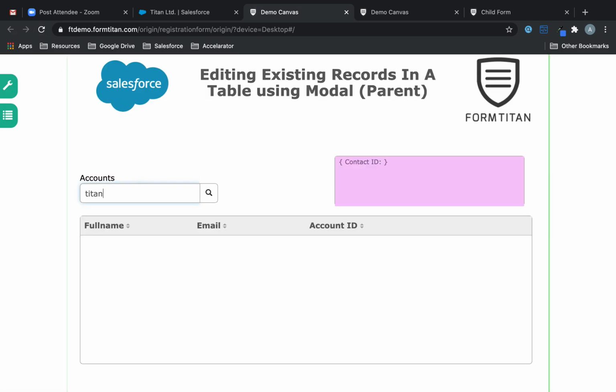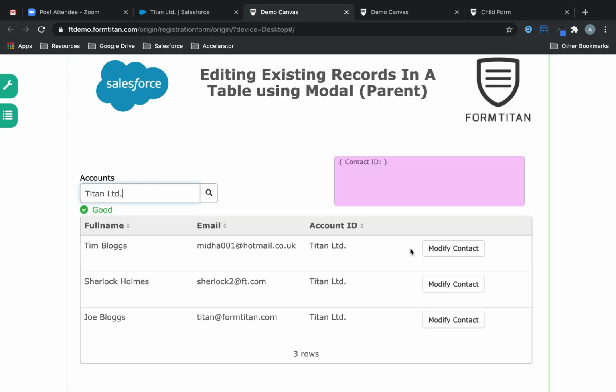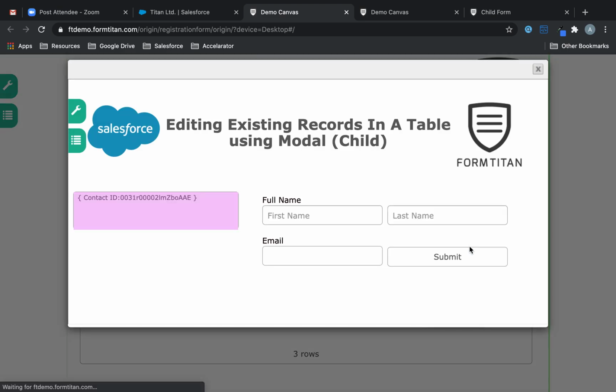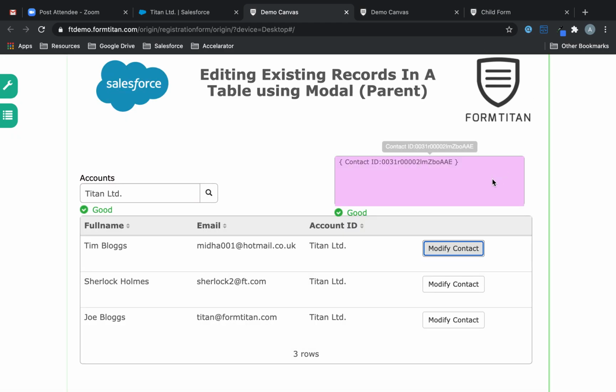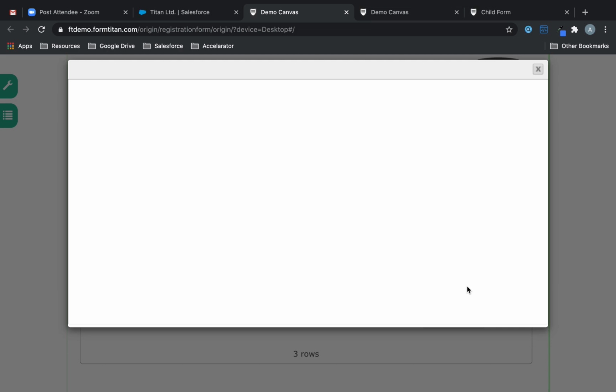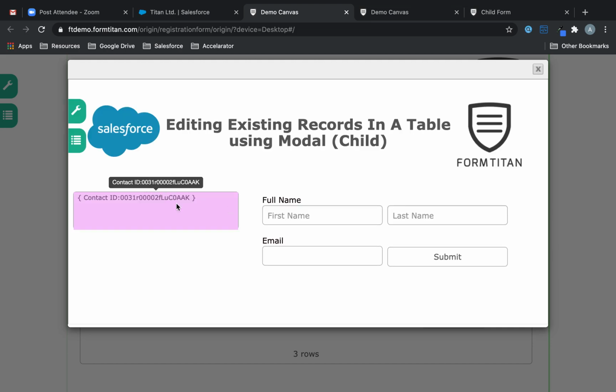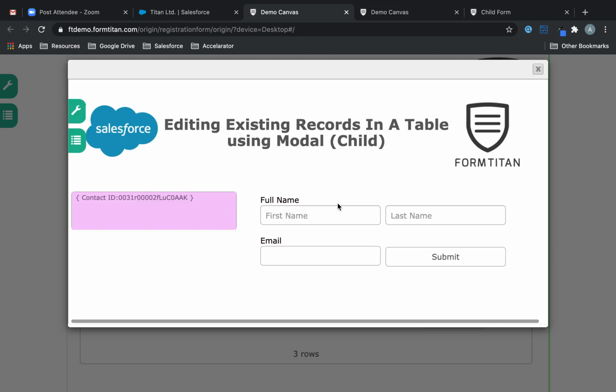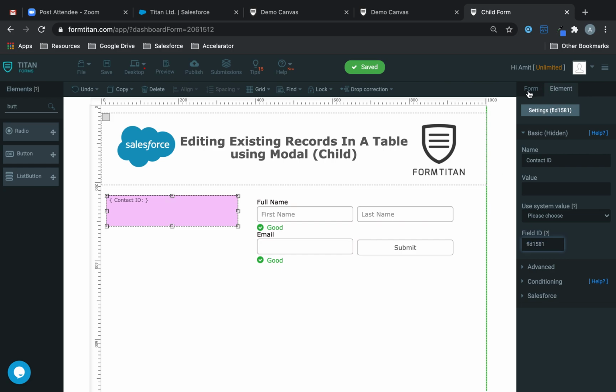So let's say I do Titan, my contact, I click, and voila. You see, this ID has been passed from here. If I click this, again, my ID has been passed from here. So now in this child form, you can do a get. You can bring data directly in here. So let's do that. We go to our child,